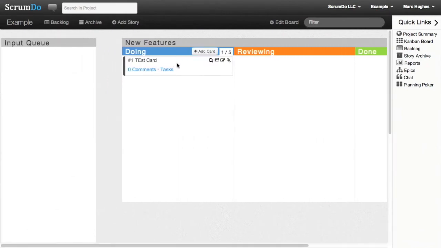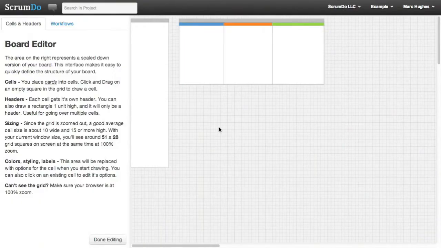I mentioned that this input queue was the list view, so you can see it's a really small card size, so that I can fit a whole bunch in the single column. I'm going to go back into the editing board mode, and I'm going to create the bug fixes lane. So I'm going to create one